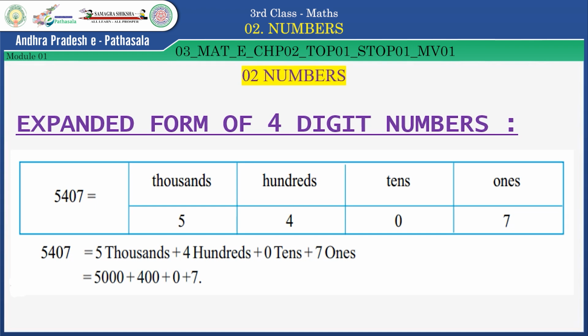When we put all these parts together, we get the number 5407. So, the expanded form of 5407 is 5000 plus 400 plus 7. Now, let us do an activity. Students,